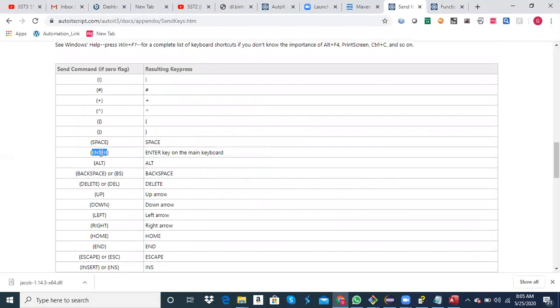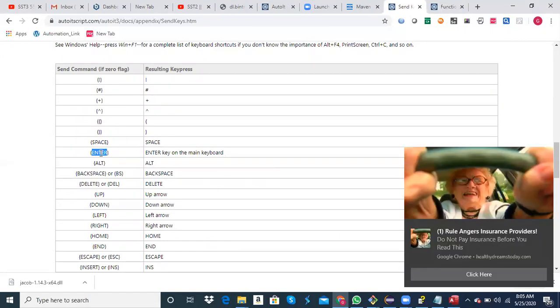What if you want to click on enter, what I need to do is this flower brackets and then enter.